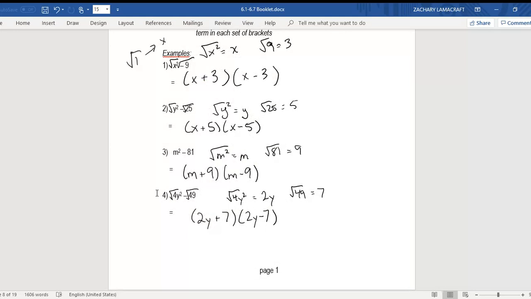Okay, so we factored based on the difference of squares. Remember, you need to have two things that you can square. And in this case, in all four examples we can. So pretty straightforward, nothing too crazy, but super